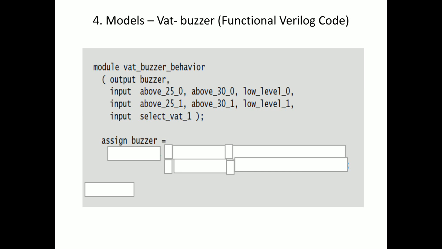First, the syntax is this. First name the select line, which is the testing condition. If this testing condition is 1, select the second input. If the testing condition is 0, select the first input. Next, this is the testing condition, the select line. Next, a question mark is there because this is a conditional operator. Condition means, if you enter the class at 8:30, you will get the attendance. If you enter the class at 8:35, you will not get the attendance. This is a condition.